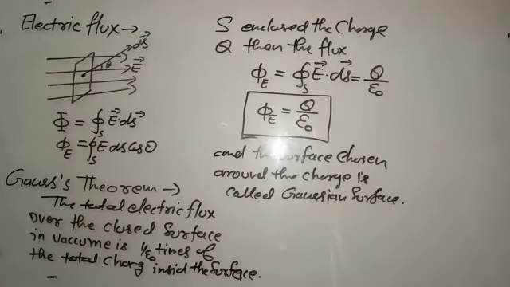This surface, which we have considered to calculate the surface integral, is called the Gaussian surface. And when we select this surface, we shall avoid the charge on the surface. Okay,